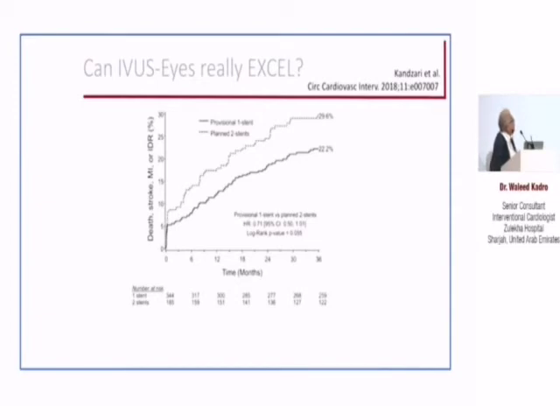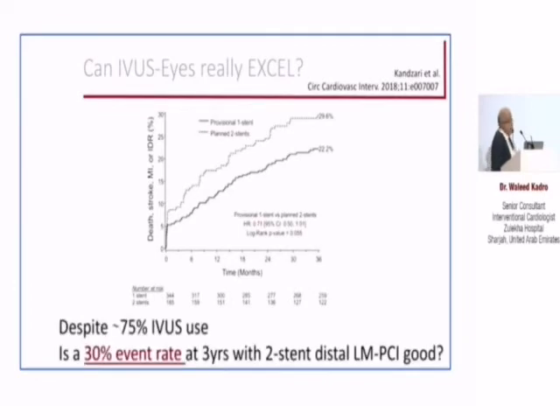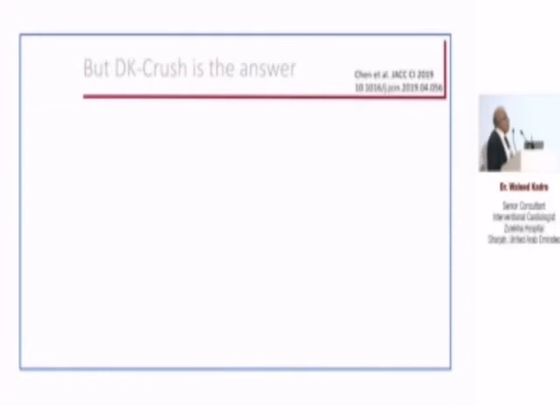By using two stents, we get increased incidence of death, stroke, MI, or ischemia-driven revascularization. Although IVUS was used in 75% of cases of the EXCEL study, there is still a 30% event rate at 3 years. Is that acceptable if you do left main, that you'll accept a 30% outcome? Now everybody says, well, this is because they use two stents and they use the T-stent,